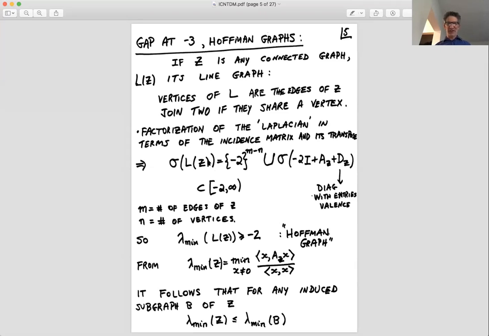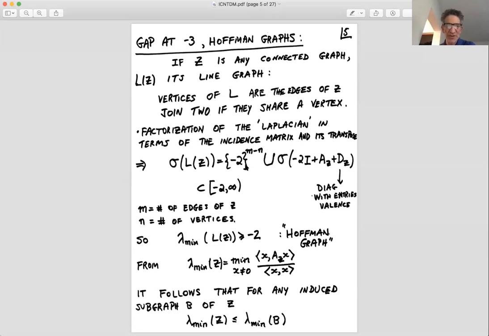And then because the adjacency matrix can be realized in terms of the incidence matrix, which is a not necessarily square matrix, call it B, then B times B transpose and B transpose times B have a relation in their spectrum. You get that the spectrum of the line graph of any graph consists of the number -2 with multiplicity